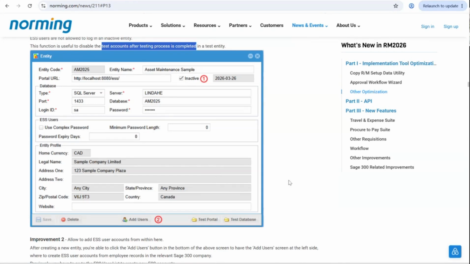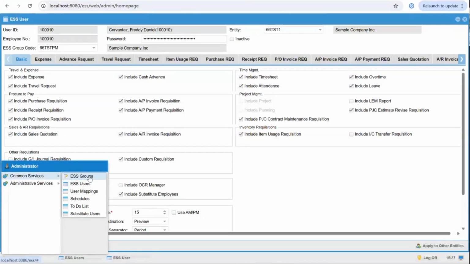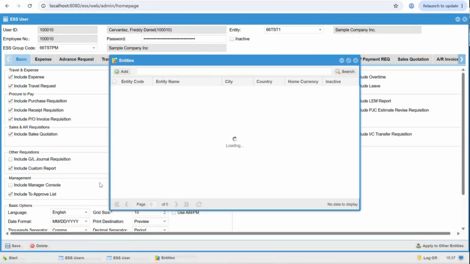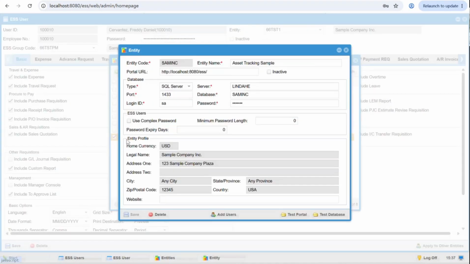When you implement resource manager in a new Sage company, the first thing of course, you need to create a new entity, right? Then you need to create an ESS user through the ESS user screen, right? You have to create user from here, but now it allows you to create user from the entity, right? After you create a new entity, you will see there is an add user button